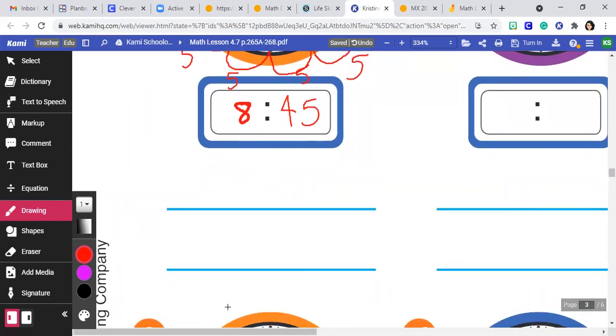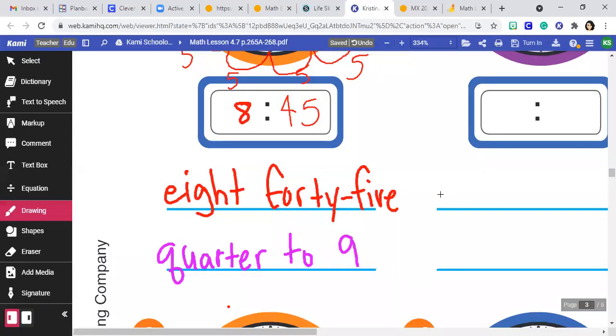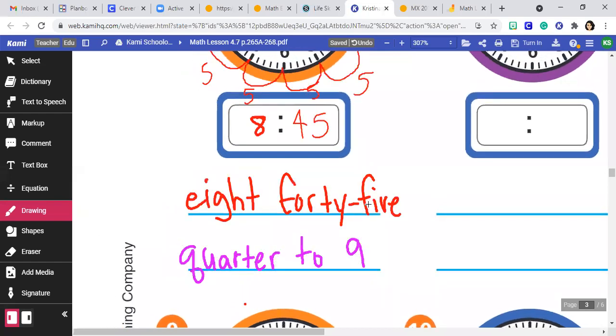Pause the video to see if you can think of 2 ways to tell me what time this represents. I came up with, well, the first one that I just said, 8:45. That's one way you can tell me what time this clock says. But you could also say